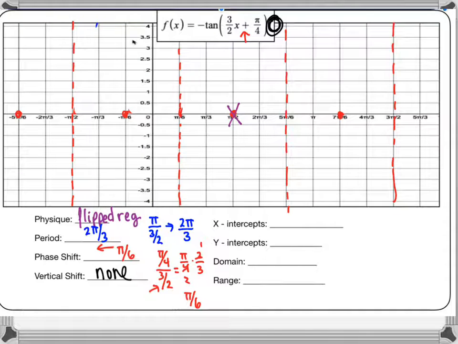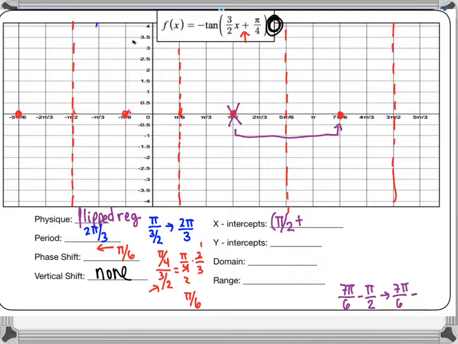We go to the first positive x-intercept, and we go, all right, that's going to be pi over 2 plus, and let's go ahead and see what is the distance going to be in between each one of these guys. And so I can do a little bit of arithmetic over here. Pi over 6 minus pi over 2 is going to give me, and so we can get some common denominators here, where we would have 7 pi over 6